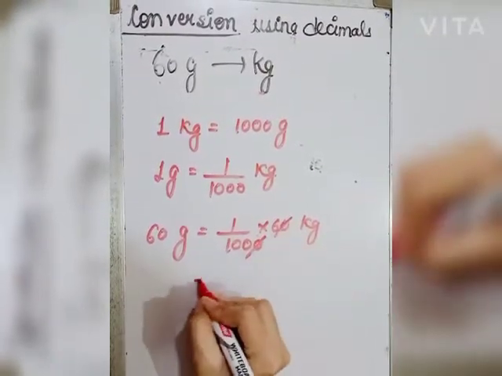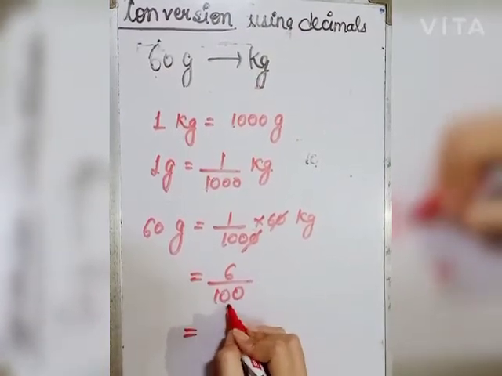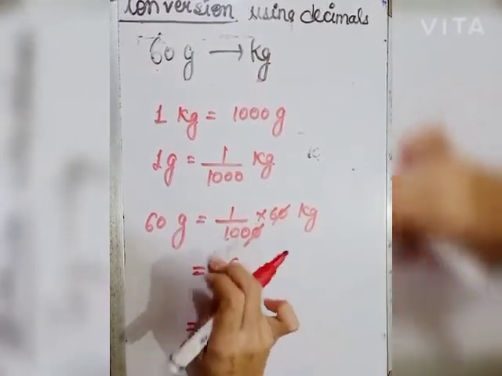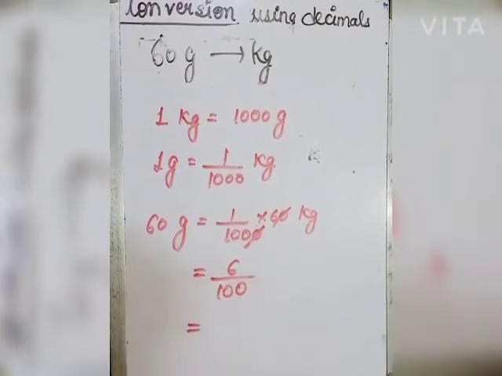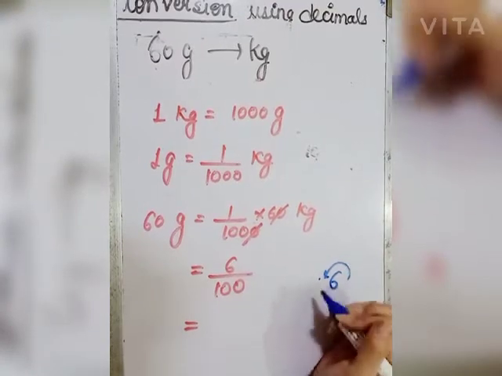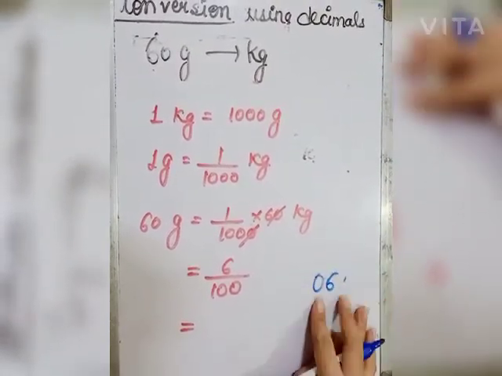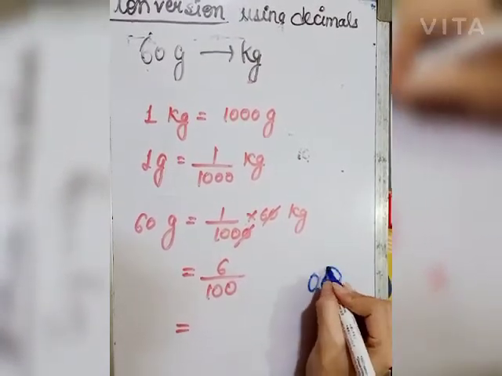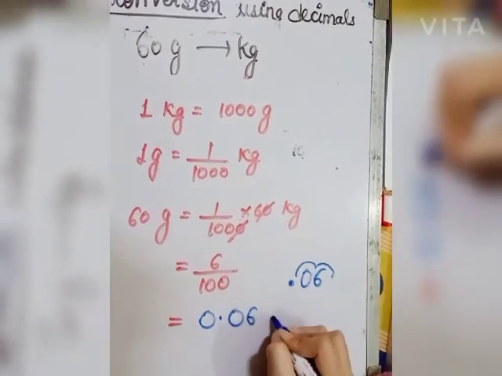10 से 10 कट, 6/100. So put decimal 2 digit from the back side. पीछे की साइड से 2 डिजिट पहले डेसिमल पुट करेंगे. So this is 1 digit. Now second digit is not given, so we will write 0 by ourselves. It is 6. अभी भी इसकी वैल्यू 6 है. 1 2. We will put the point here. So this will be 0.06 kg.